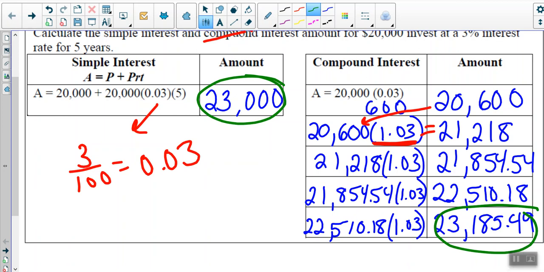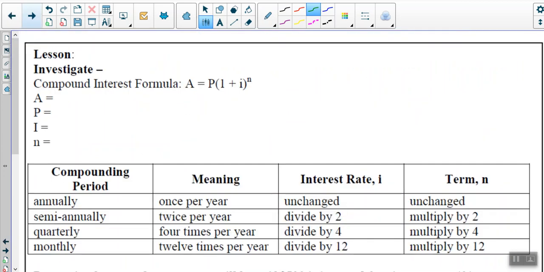Now, some of you might be asking yourself, is there an easier way of doing compound interest instead of doing these tables? And you're in luck because the answer is yes. Of course, true to form, we teach you the long way and then the quick way as a comparison here. Your compound interest formula is the amount is equal to the principal, and then in brackets, 1